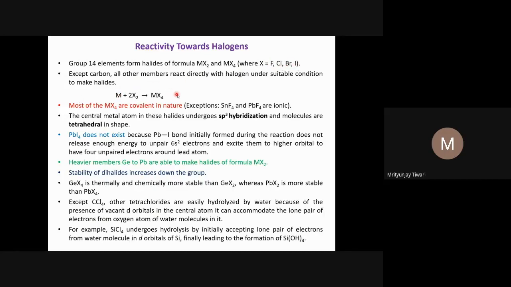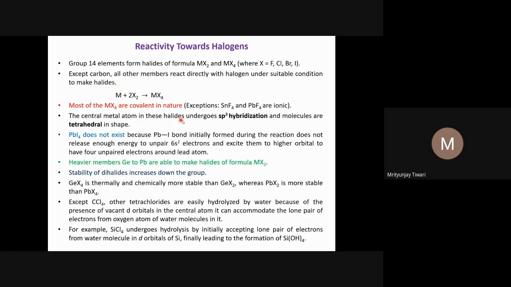Except carbon, all other members react directly with halogen under suitable conditions to make halides. So other than carbon, the members silicon, germanium, tin, and lead react with the halogen to form MX4 under suitable conditions, different conditions for different elements. Most of the MX4